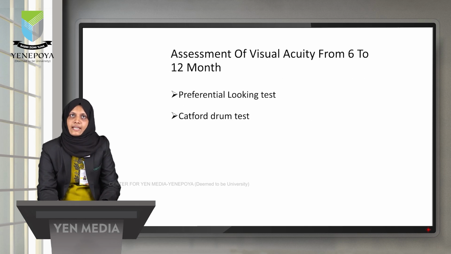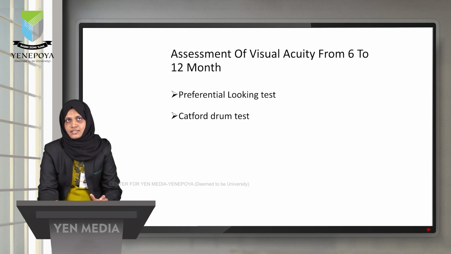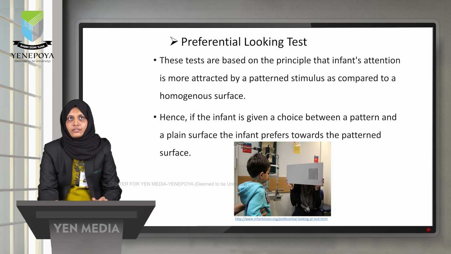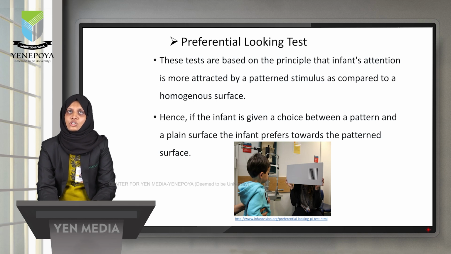Now let's look into the assessment of visual acuity from 6 to 12 months. In this period, the preferential looking test and the CAD4 drum test are the most important tests. So let's go through one by one. First, the preferential looking test. These tests are based on the principle that infants' attention is more attracted by a patterned stimulus as compared to a homogeneous surface. Hence, if an infant is given a choice between a pattern and a plain surface, the infant prefers the patterned